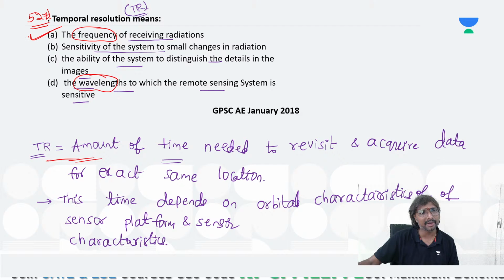Whenever you have a radio station, let us say 91.3 FM, that 91.3 is in hertz, and hertz is a frequency. So that frequency only will be